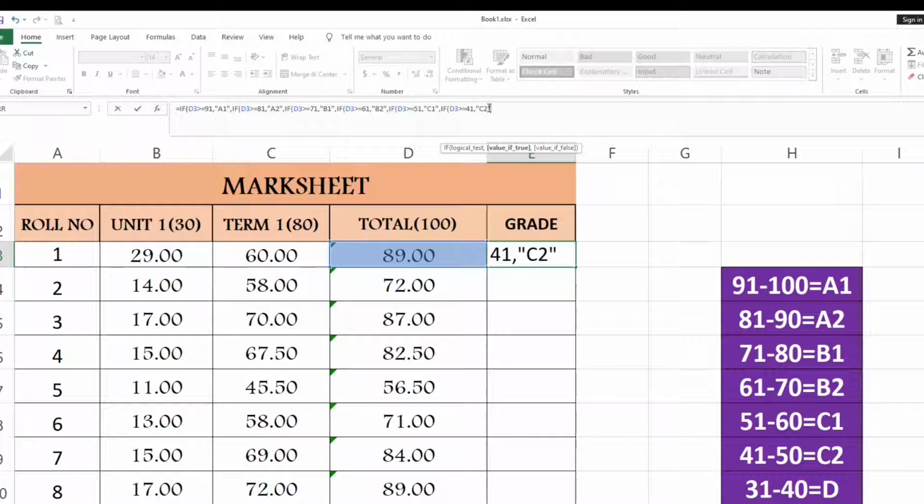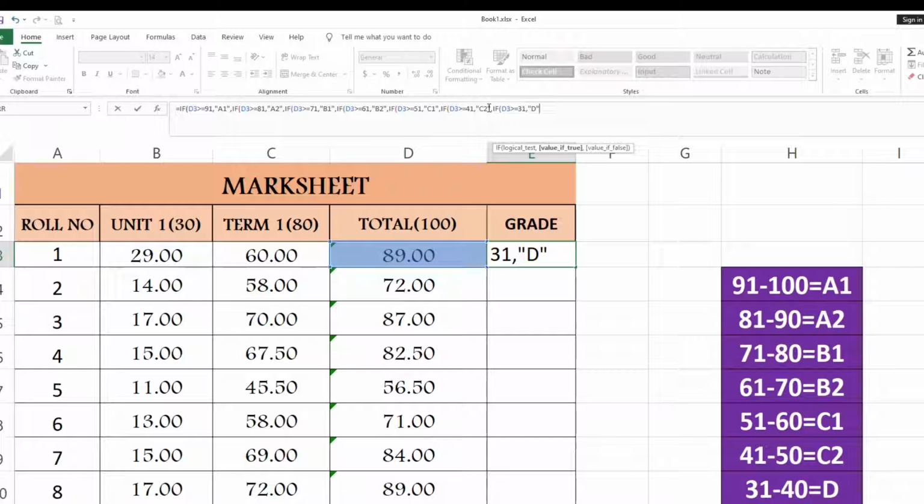And the last parameter is for D: IF D3 is greater than or equal to 31, then it is D. And at last we have to write one more, because if the student got marks less than or equal to 30, then he will get the E grade.